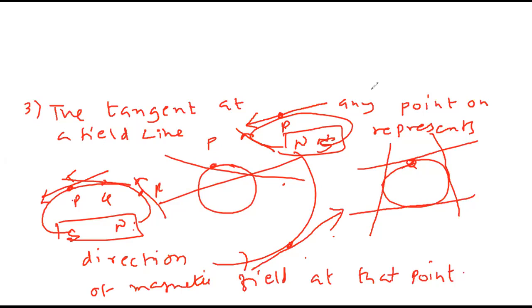Can I clear the third point? Yes, sir. See, if this is one magnetic line, this is another. Suppose they are intersecting at point P. To the first one, I can draw one tangent. To the second, I can draw one tangent. But you can't have a magnetic needle pointing two ways at one point. It can be in this direction also, or in this direction also. Is it possible? No, sir.